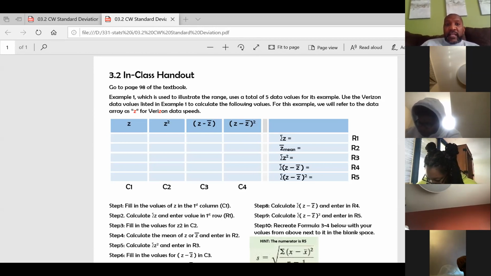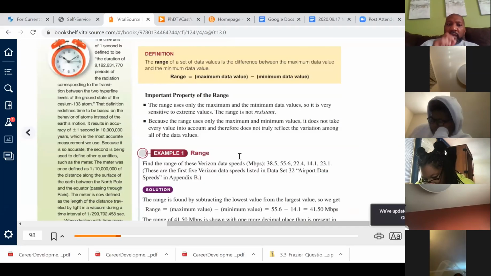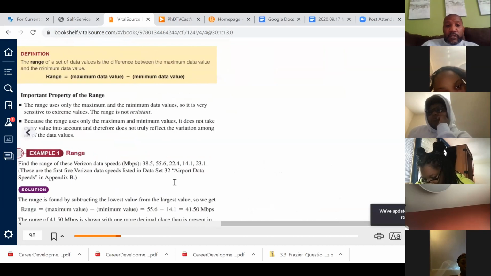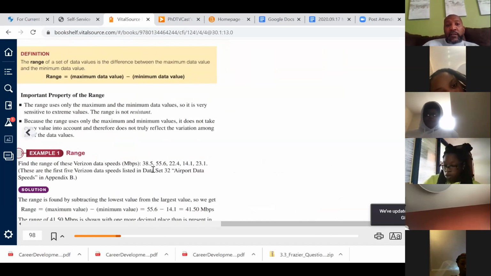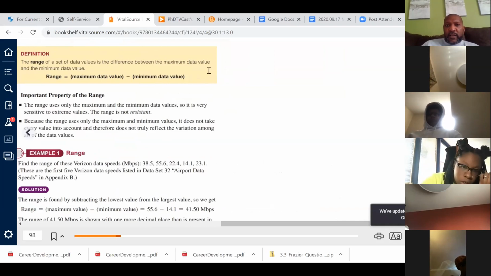All right, everybody. Now, I want to make sure that you can see what I'm trying to show you, because you actually can't. If you look at this example, it said that we're going to get some data from page 98. If you want to, you can go get these numbers, but these are the numbers that I'm talking about. The numbers that we are interested in are,